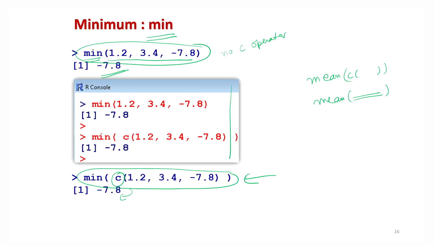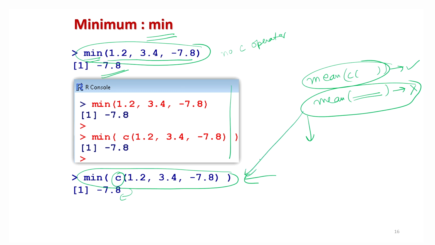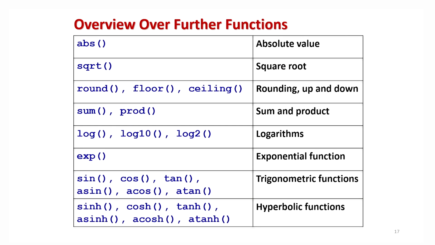Now, here will be a bigger trouble. One answer is correct and the other is wrong. But when you write this function inside a program, whatever the outcome of the wrong answer is will be carried forward and your entire program will become wrong. On the other hand, if you use the c operator, then either mean or minimum gives you the correct value. So my advice to all my students is that please always use the c operator without any exception. No exception, just use the c operator to combine your data values, right.